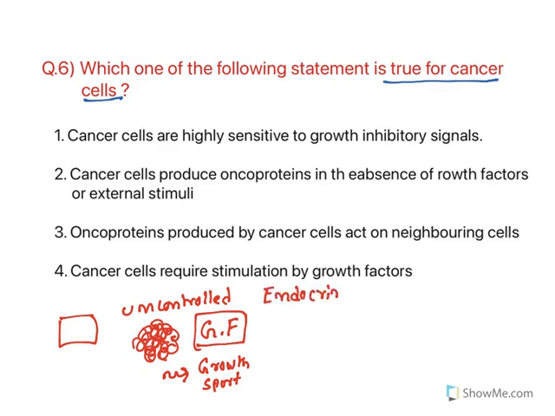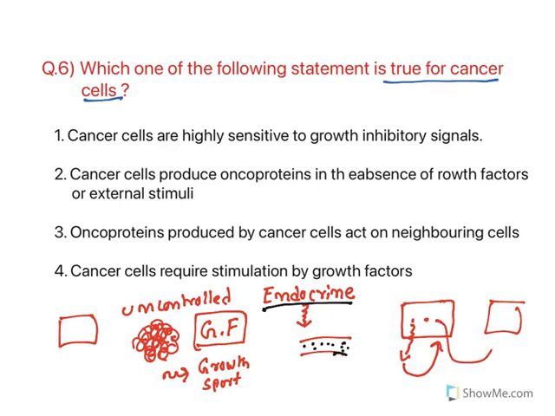Now see, you need to understand what an endocrine gland is. For an endocrine gland, the hormones get released at the adenohypophysis and hypothalamus region. They travel through the blood vessels and then act on the target tissue. So the release is somewhere and the action is in the peripheral target. Now coming back to the cancer cells. Cancer cells have certain oncogenes because of which they can synthesize their own growth factors. The growth factors are released from the cell. They will act on the same cell, or they can act on an adjacent cell.